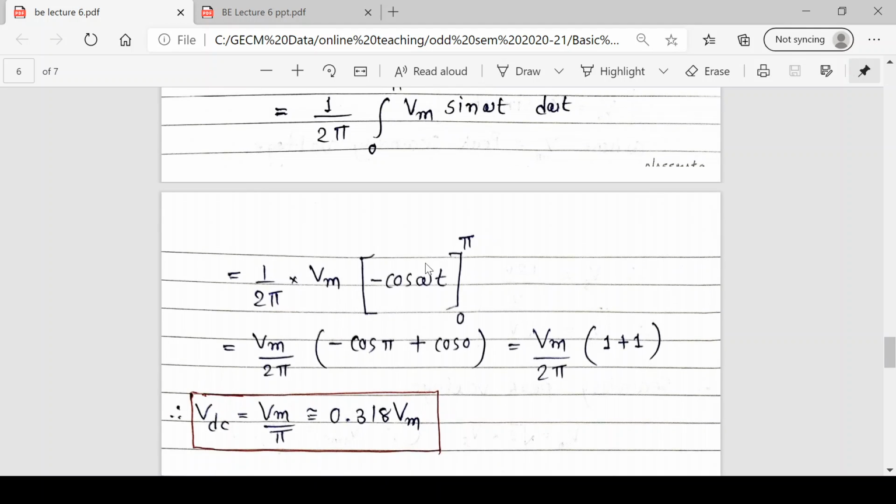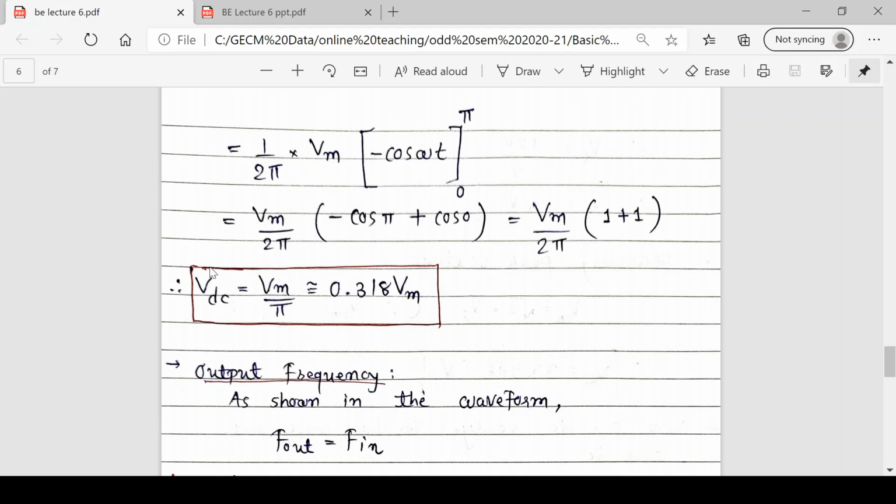So let's put the upper limit. Minus cos pi minus minus, double time minus will make you plus, cos 0. Cos pi is minus 1, so minus 1 multiplied by minus becomes plus, plus cos 0 is 1. So ultimately 2 will be cancelled. Output of half wave rectifier is Vm upon pi, and if you put it 3.14, it will be further simplified